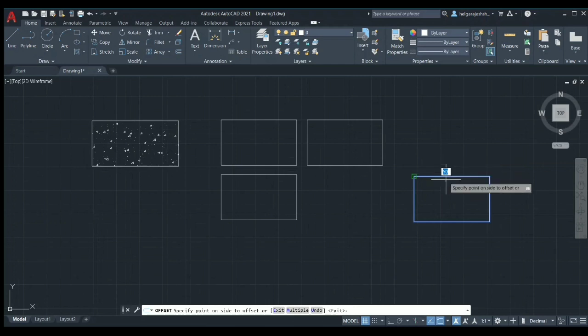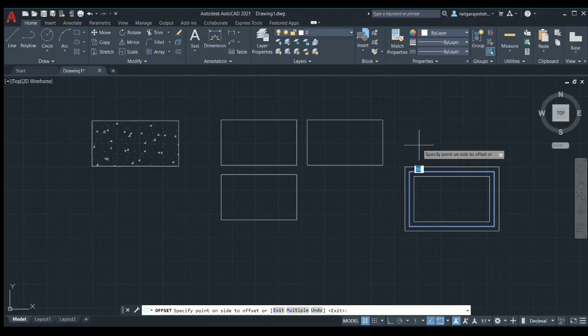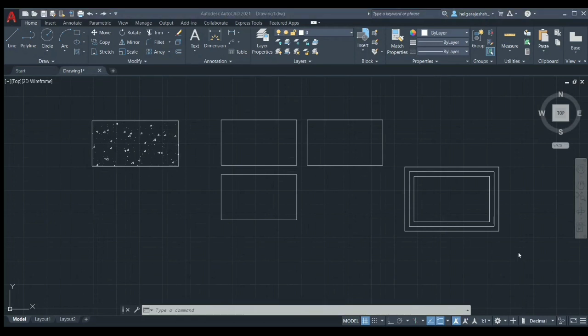So it can be obtained either inside or outside. Now I am clicking again on the outer rectangle and another rectangle outside it at a distance of 50 cm from the sides will be formed. Here the whole rectangle got offsetted because we used polylines to create that rectangle. If you had used lines, then only one side would have been offsetted.